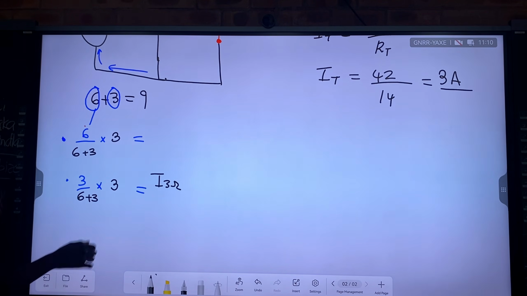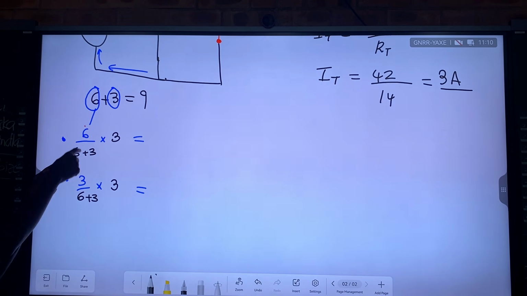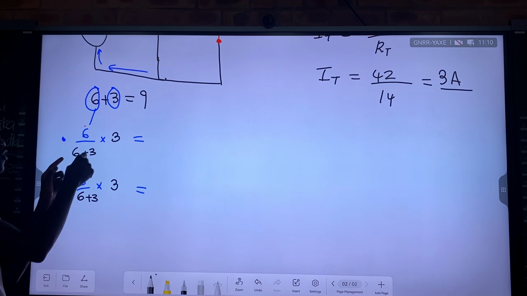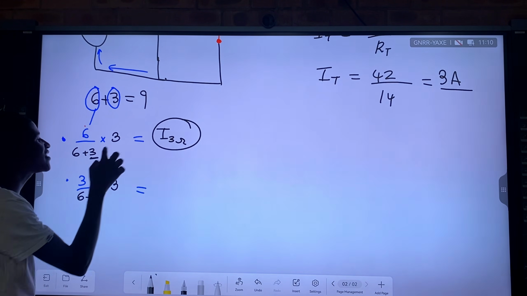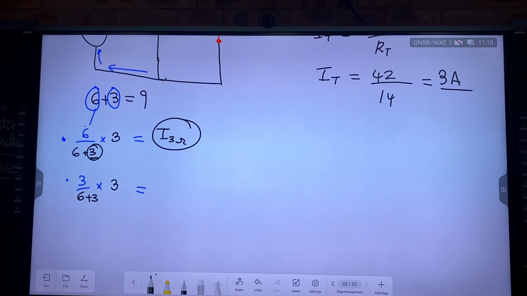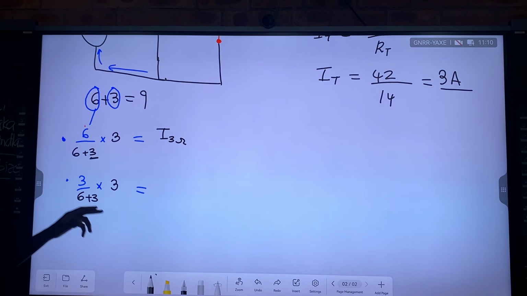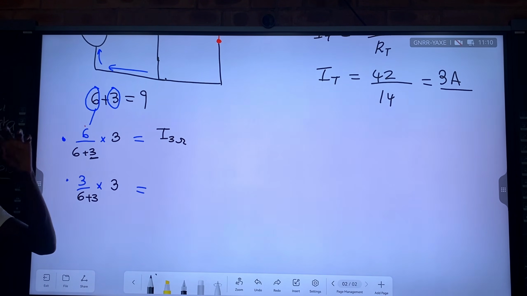So in other words, since current is inversely proportional to resistance, it means this portion, the 6, will go to whom? It will go to the 3 ohms resistor. That way this and this, they are what? Inversely proportional. That's the whole purpose of doing all of that. But I already gave you a trick. Look at which one is the biggest portion. You compare your resistances to see which one is bigger, which one is smaller.